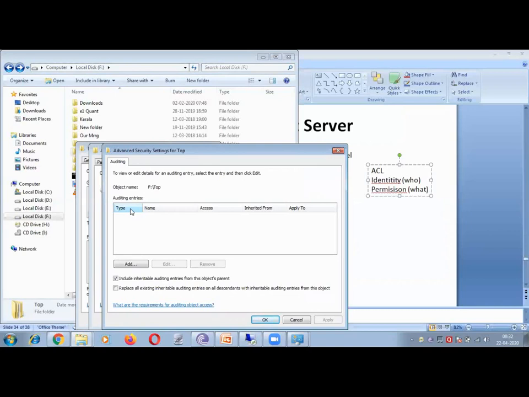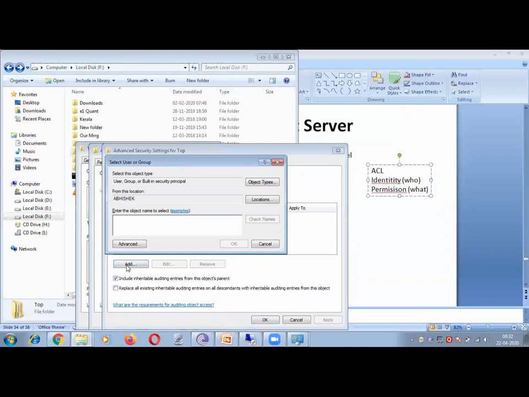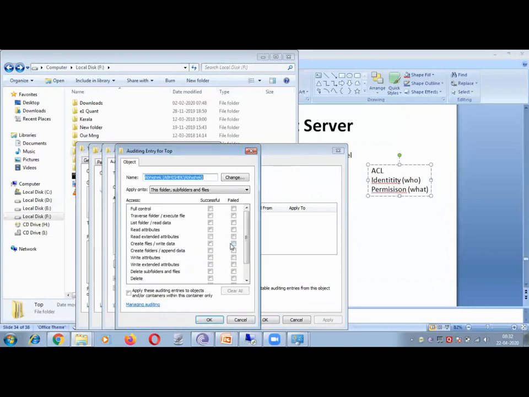Right? So for example, let's say add Abhishek. I want to see how Abhishek is accessing these folders, because we have assigned permissions to Abhishek. Now here you can say what events you are going to log. For example, if Abhishek tries to read the file, do you want that event logged when he is able to read the file?